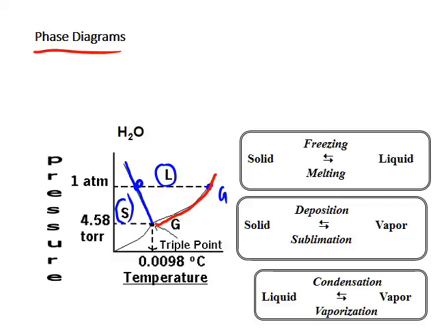Say for example you're supposed to get normal freezing point. What you're going to do is draw that line along 1 atmosphere and go vertically down and read the temperature along the x-axis. These are not all done in scale, so we could be off, but in case of boiling you get down.